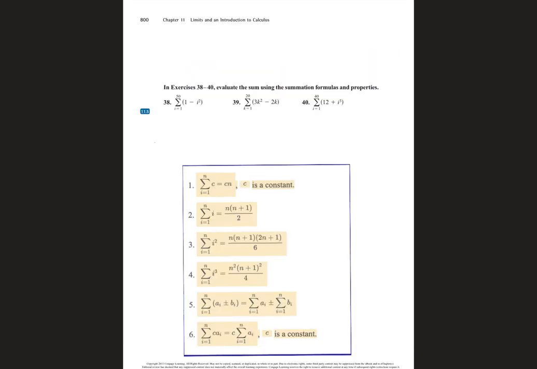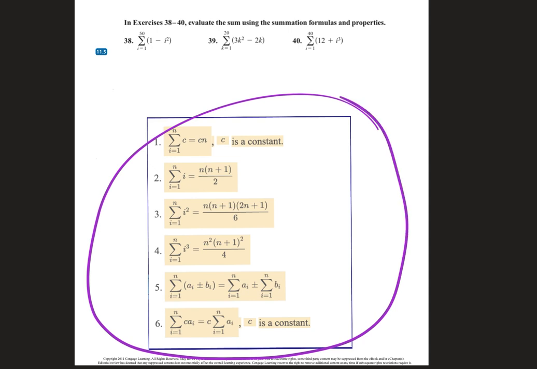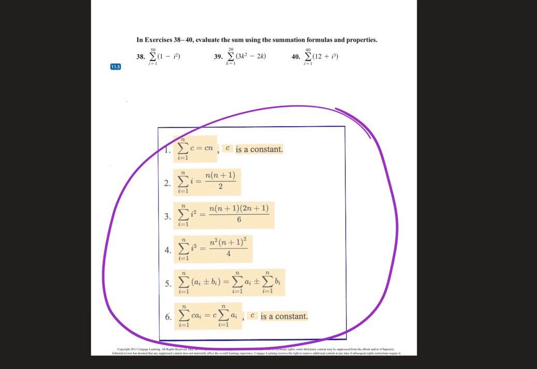Okay, and then the summations. This is on that reference sheet. You'll get given that. Remember, you want to break them apart. So anything that's got a sum or difference, we're going to break them apart. If it's got a coefficient, it gets bumped to the front. So there's a couple of these. I feel like these are the most recent things. Hopefully these are fresh in your mind. So there's a couple from this section. I would say point value wise, because your three systems